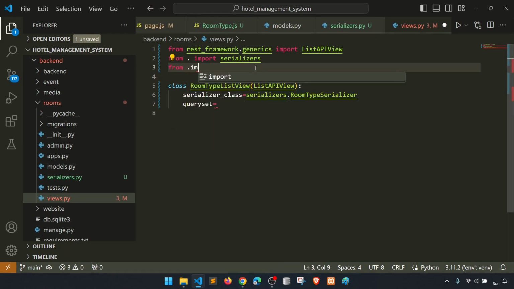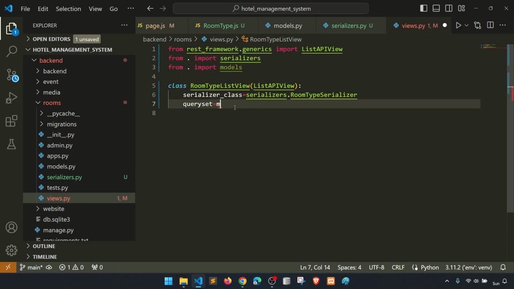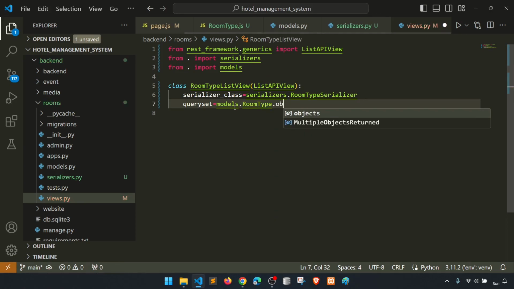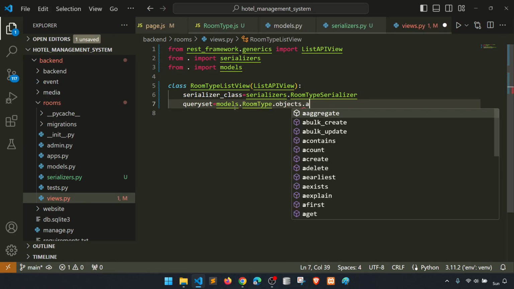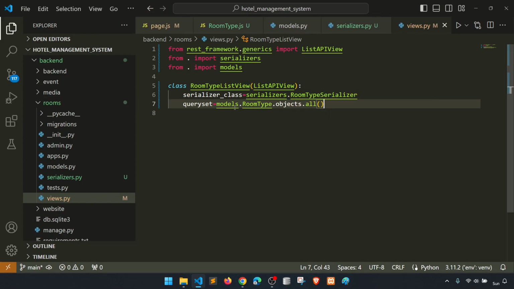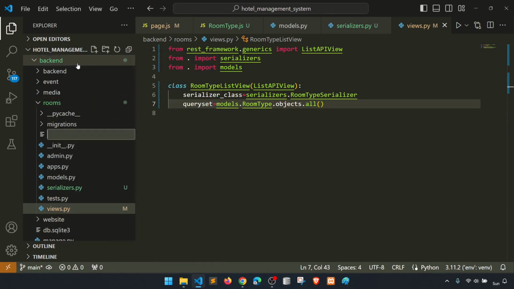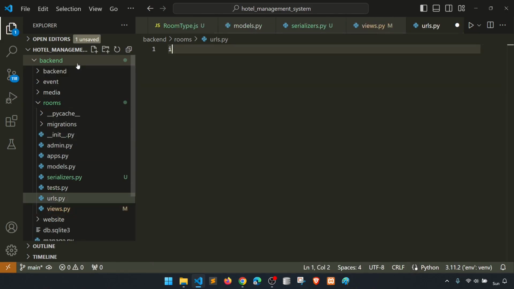from dot import models dot room type dot objects dot all. Correct? And what else we need? Yeah, this is fine. Now let's go to URLs. It doesn't have a URL, so let's create urls.py, and in this